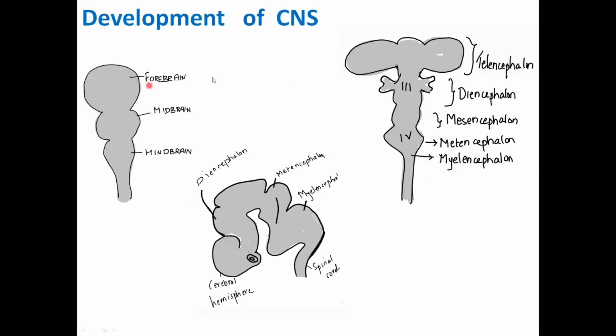There will be a separate class about the development of the central nervous system. I just want to give you one word here. The trilaminar germ disc, you know, consists of 3 layers, the ectoderm, mesoderm, and endoderm, of which the ectoderm further differentiates into surface ectoderm and the neuroectoderm. The neuroectoderm is the one which is going to give rise to the different parts of the central nervous system.